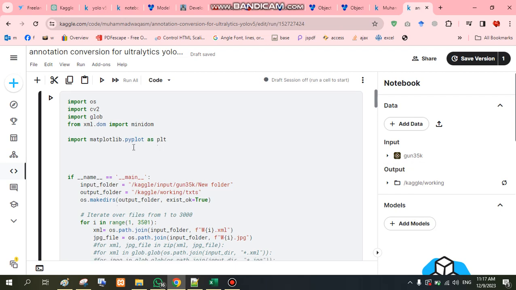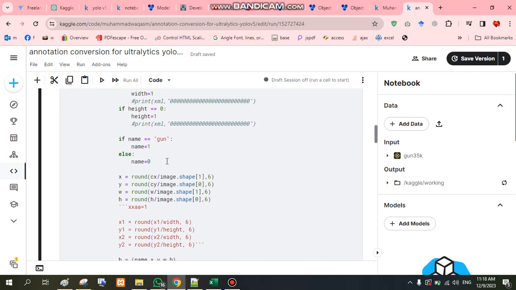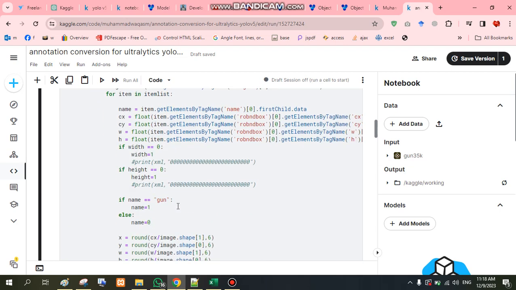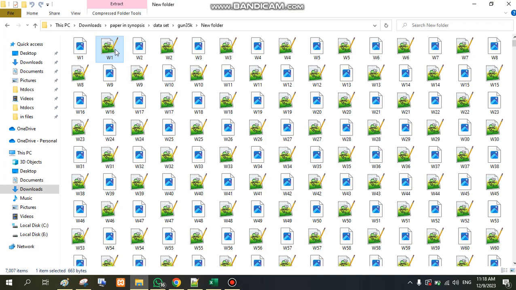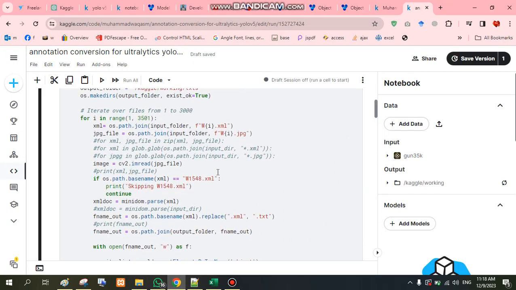There are many codes for changing the annotations format from this format to the required format. My dataset format is XML, Pascal VOC XML format. Here you have XML keywords, and these are the values of center x, center y, and width and height. So you have to read this XML file using Python code, and convert these x-axis and y-axis values and width and height values to normalized values between 0 and 1. For this I use this code,